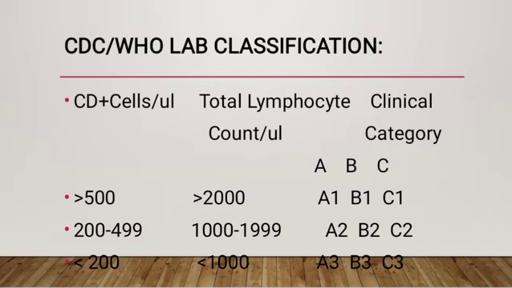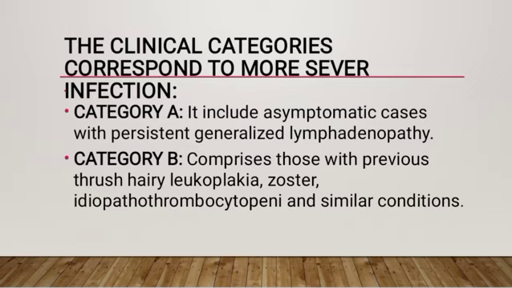When there are between 200 and 500 CD4 cells, or total lymphocytes between 1000 and 2000, it is A2, B2, and C2. With fewer than 200 CD4 cells, or lymphocytes less than 1000, it is basically A3, B3, and C3. Okay, now basically